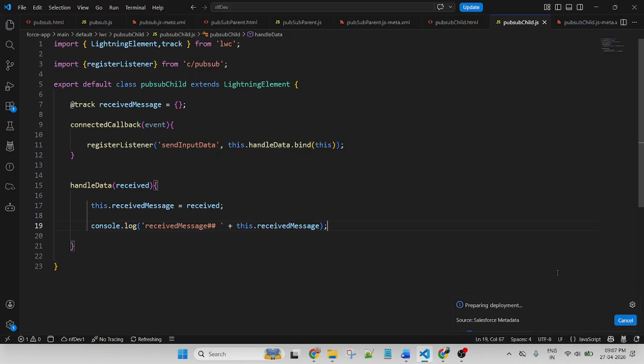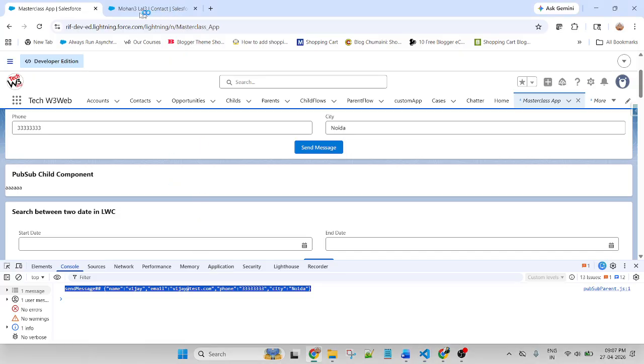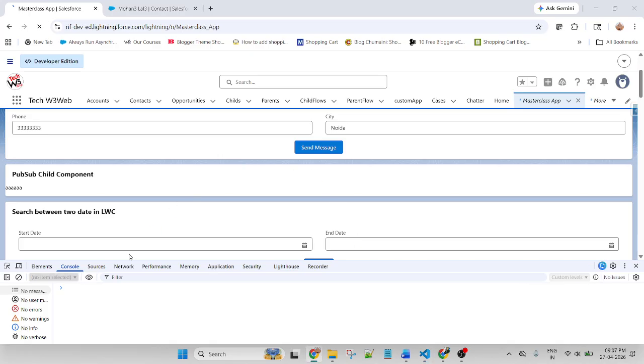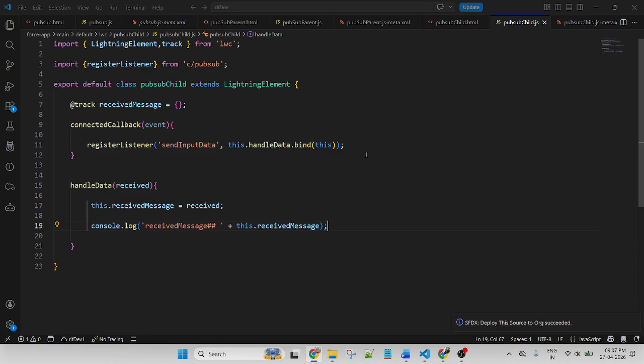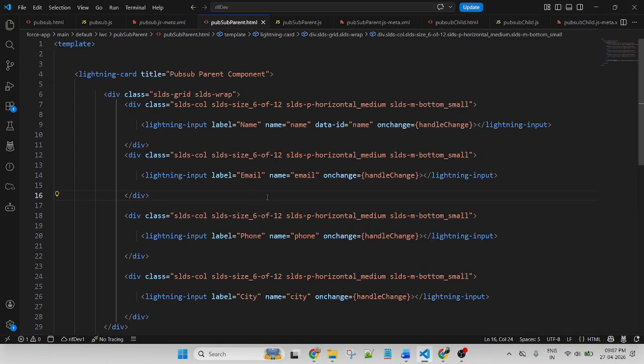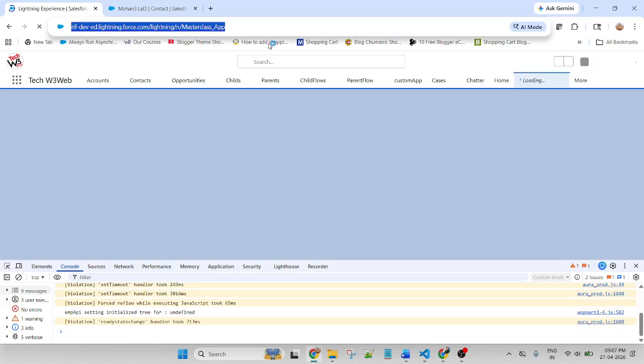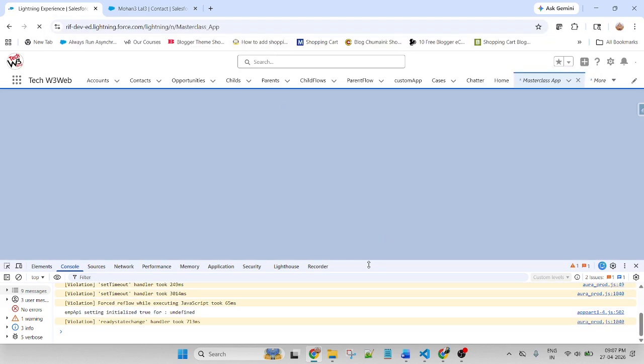Now deploy the code. Deployed successfully. Now refresh. Deploy this parent component as well. Okay. Now refresh the component.